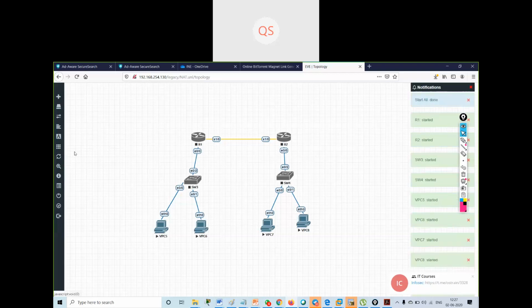Okay. Now I will give IP addresses to these routers and the devices.